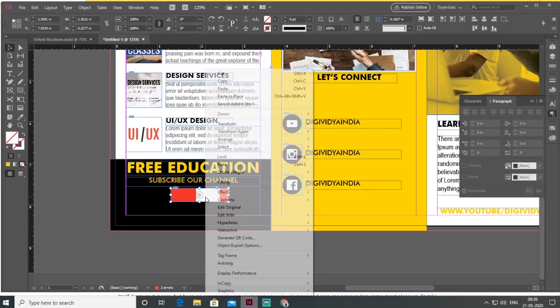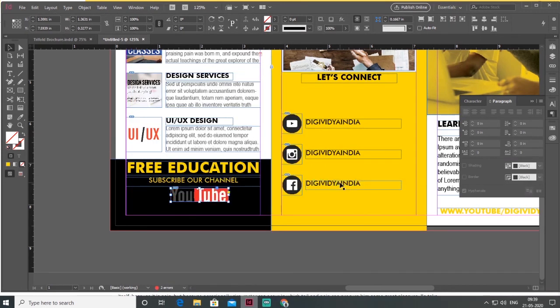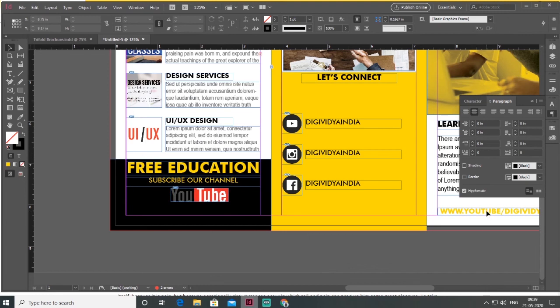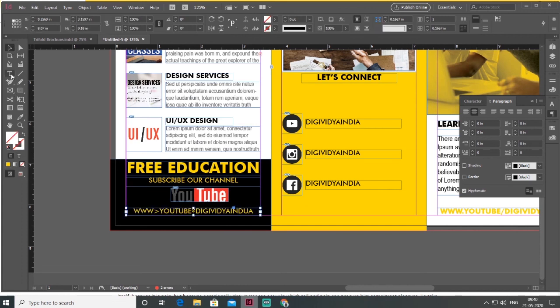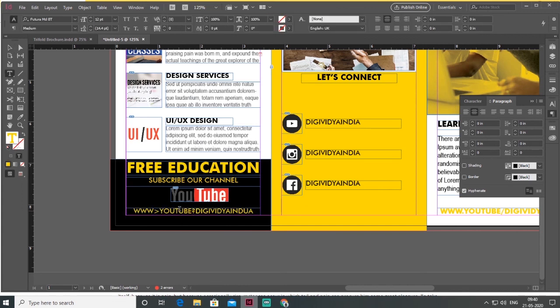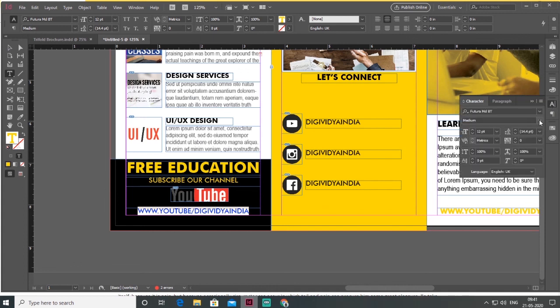I place a YouTube logo here and right click, fitting, fill proportionately. And change it, and select this, go to character palette and change the font style into bold.